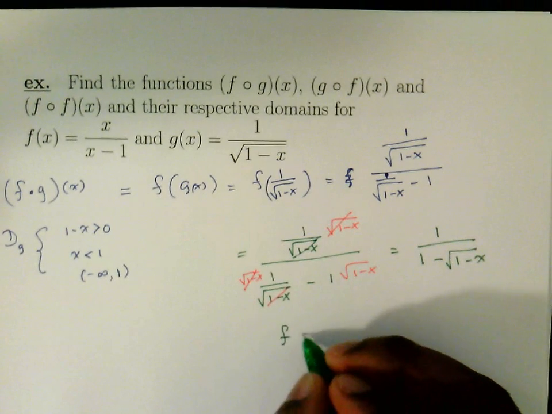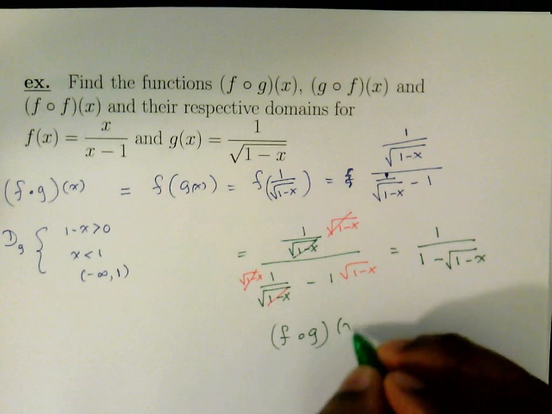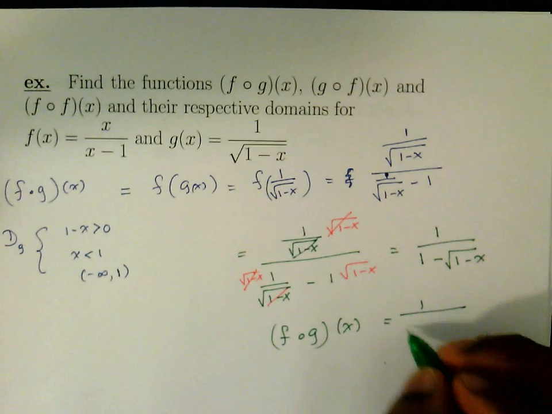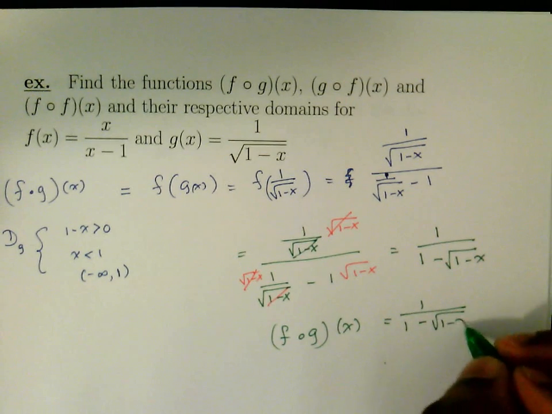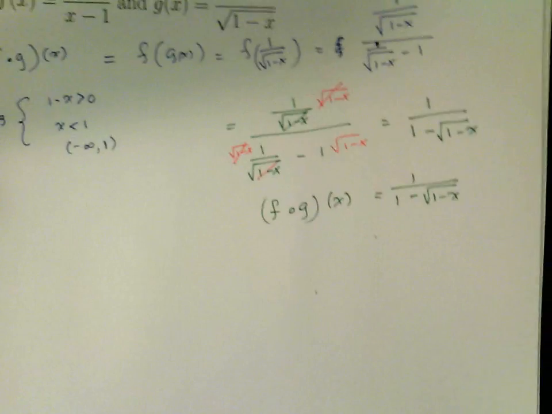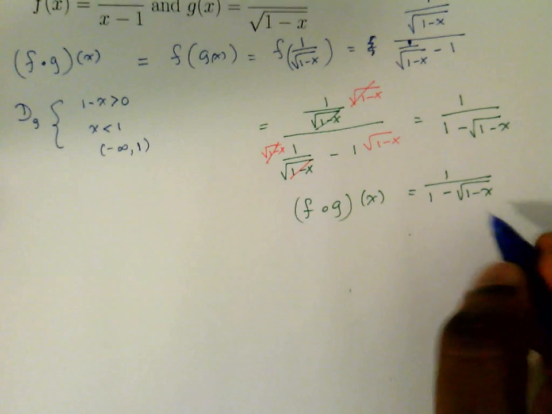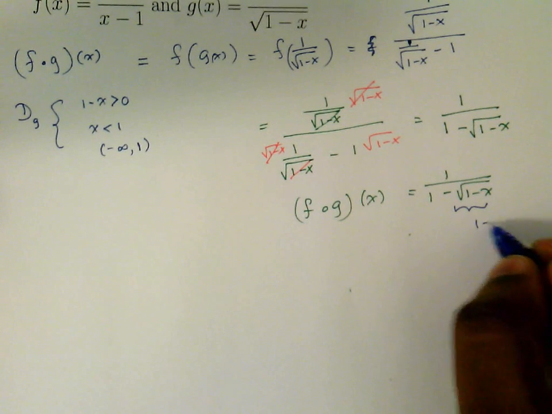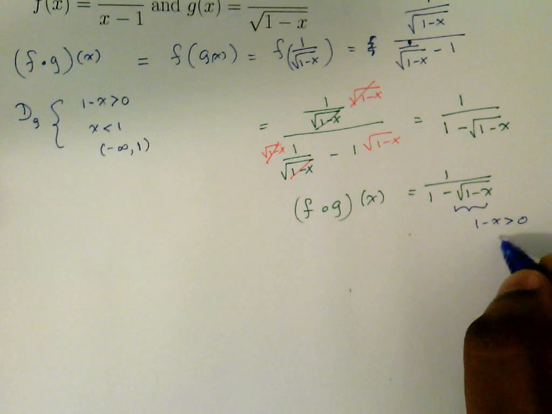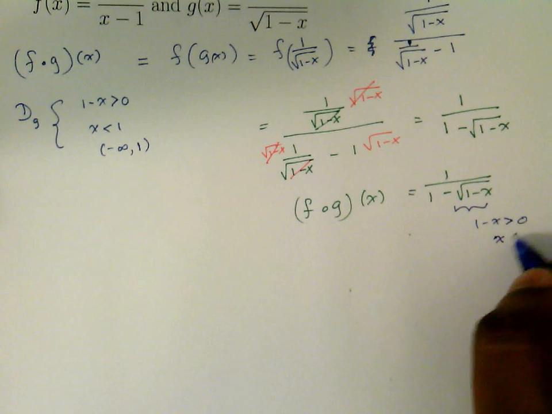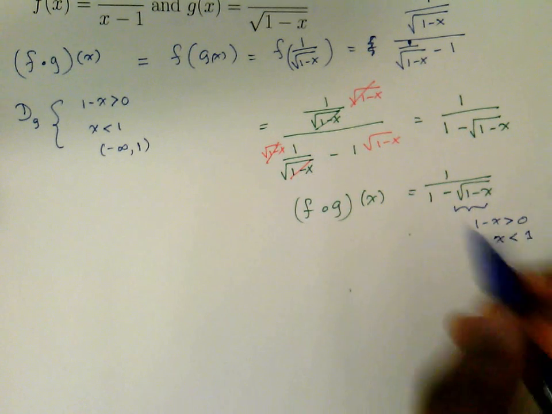So that's your f or g of x. The composition is 1 over 1 minus square root of 1 minus x. Now before this class we found a lot of domains, so you should be familiar at least up to a certain level with how to find the domains of functions. Now this one is not that easy, but this says 1 minus x is greater than 0, which is x is less than 1, and this